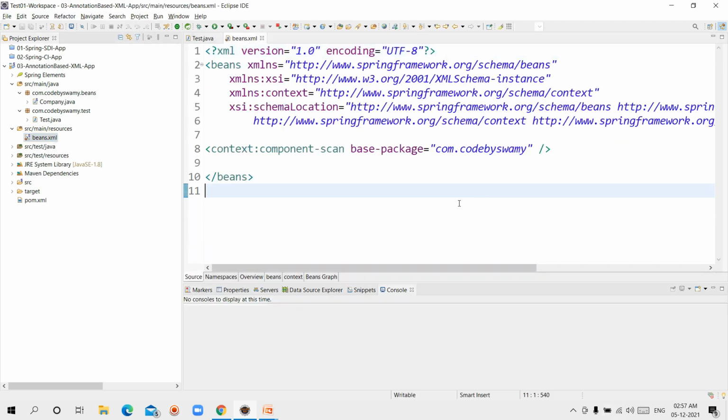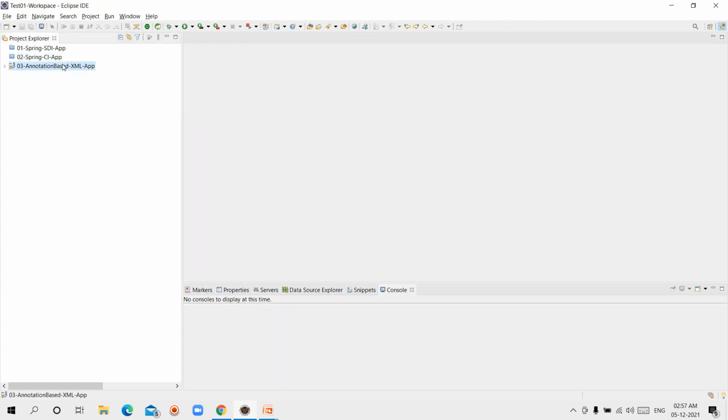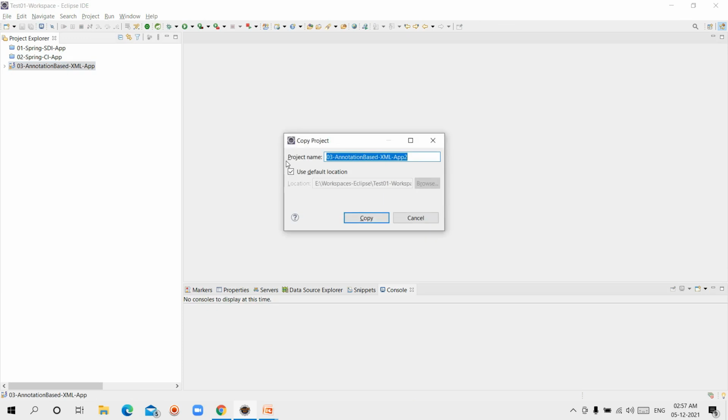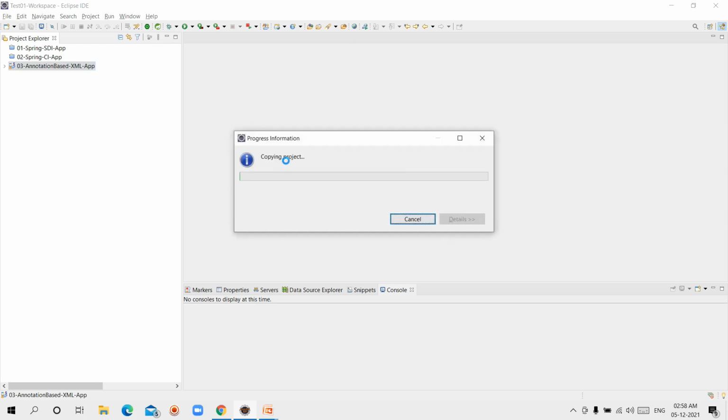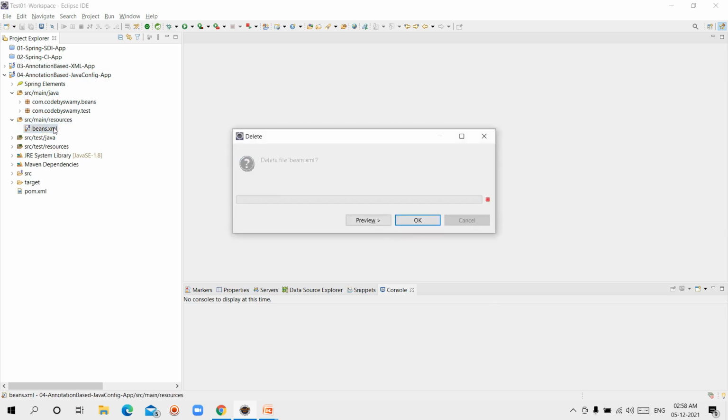Same thing I can do using Java configuration this time. For that, I am copy pasting the project instead of creating a new application, since it would take some time. This time annotation based Java config app. Already this time the beans.xml file is not required.